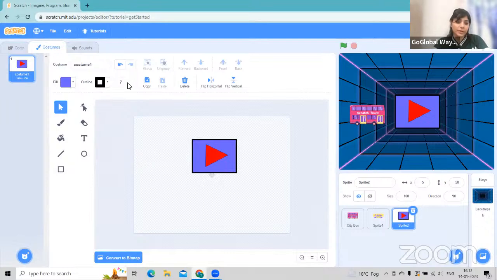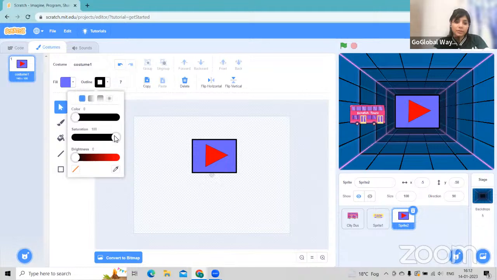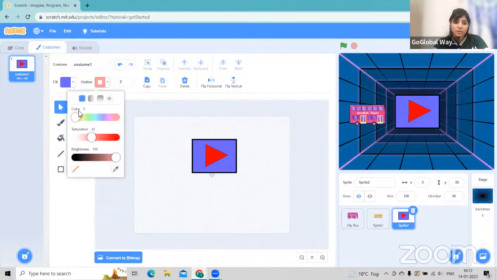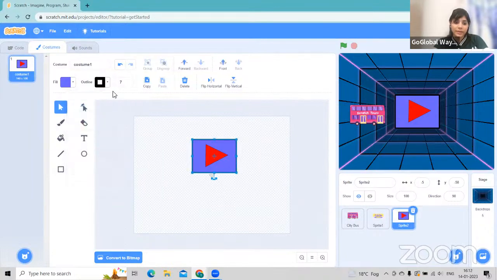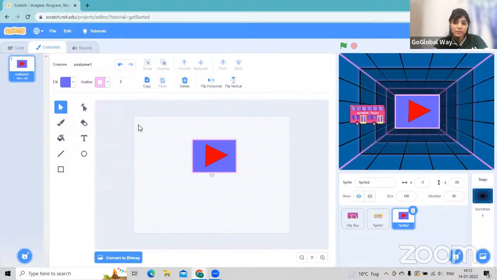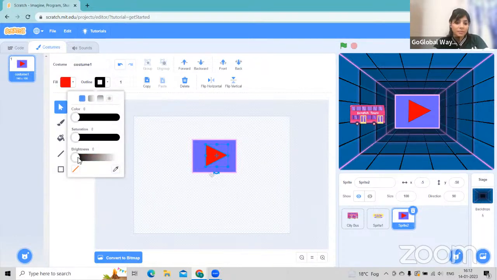Yes, this is good one. Okay. Now the outline will be of black color. No, I don't want it to be black color. I want something glowing outline. So I'm selecting the color like that, like that, like that, like that. Ooh, that's cool. Yeah. Okay, so this outline is the cooler one, and here also I will create some outline